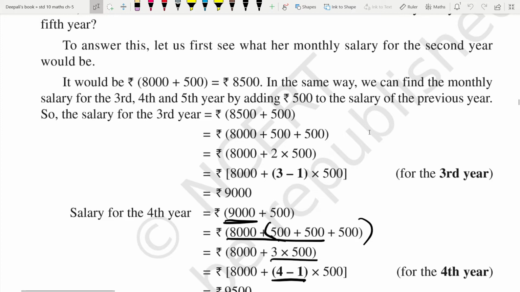So the salary for the third year is 8,500 plus 500, which is equal to 8,000 plus 500 plus 500, which can be split into 500 plus 500, that is 2 times 500, which can also be written as (3 minus 1) into 500,